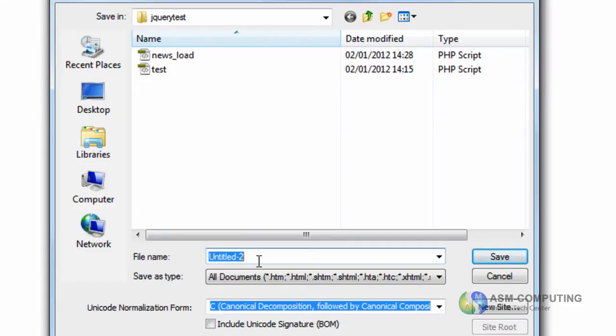The only thing that was different, which I showed you in the first or second part, was our jQuery library, which is in a different folder. I'm going to name this news underscore pass, and this is going to be the one where we actually input this into the database.